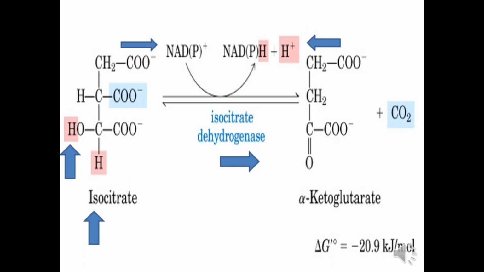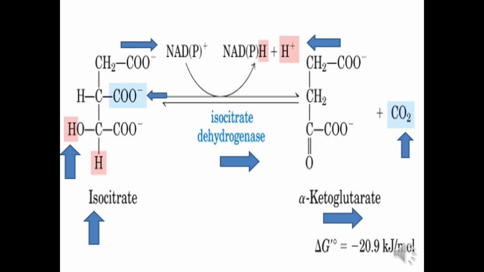In the first reaction of dehydrogenation, oxalosuccinate, which contains 6 carbon atoms, is formed and remains enzyme bound. Then it undergoes decarboxylation, removal of 1 carbon atom in the form of carbon dioxide, to form alpha-ketoglutarate, which